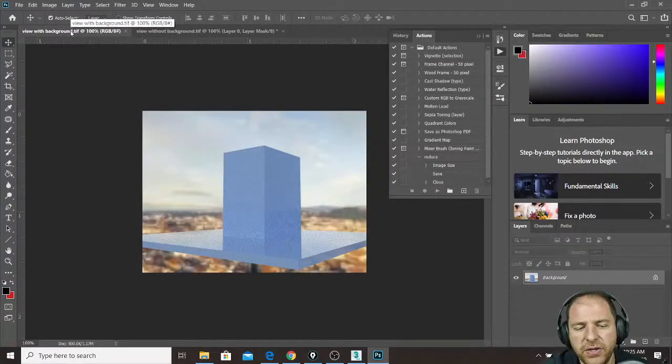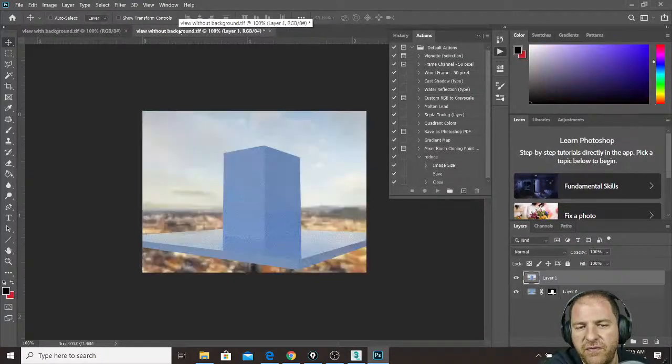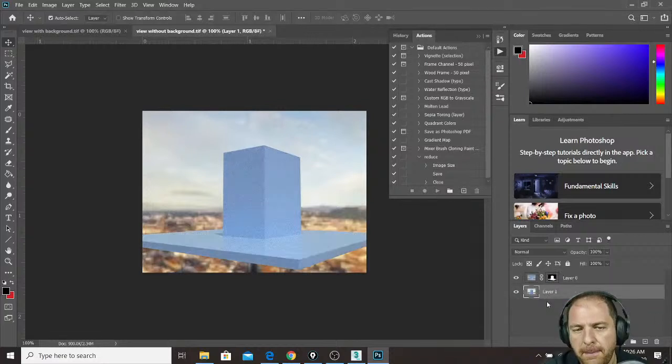Then I go here, I press Control A, that is select all, Control C, that is copy. Go to my correct file, Control V to paste it, but I have to place the background below my layer, so I drag the layer down here. Boom! And now I have my correctly made render with shadows and so on, with the background that I have downloaded from these